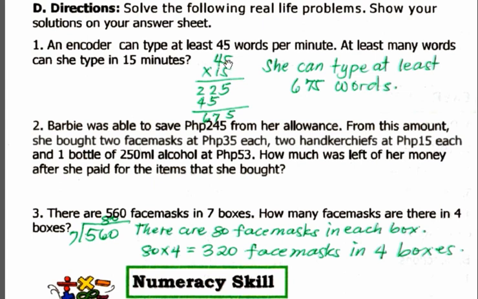So we have 5 times 5, it's 25. Then you just write down 5, carry 2. 5 times 4, that's 20, plus 2, we have 225. Then for the 1 on the tens place, just copy 1 times 5 and 1 times 4. So we have 5 and 4. Then the total is 675. So she can type at least 675 words in 15 minutes. For number 2,